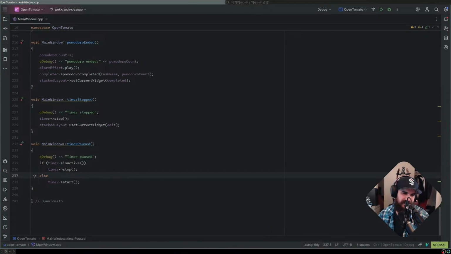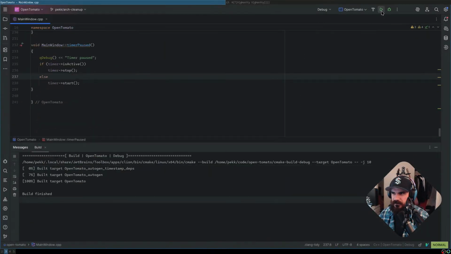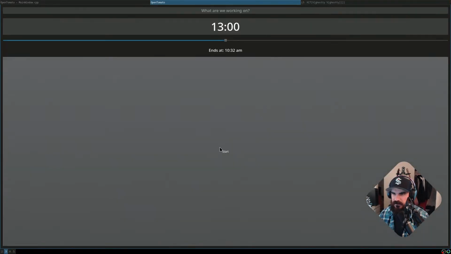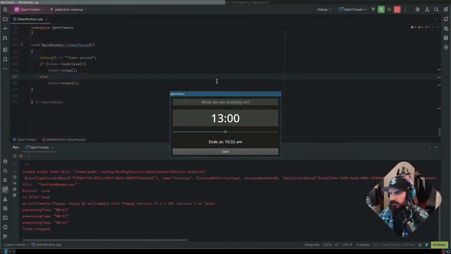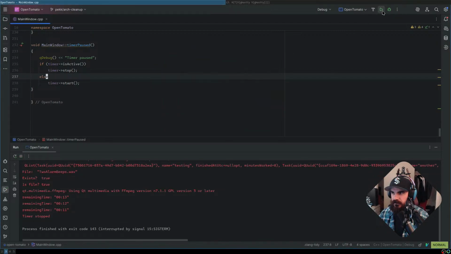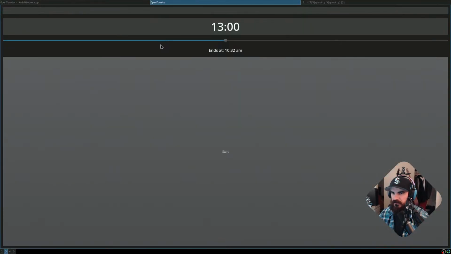Let's see. Open tomato. Perfect. Yeah, now this is reading from my other file, so we can make controller. Dude, I love the keyboard navigation I've set up for this app. It's just like absolutely incredible. So let's just run. Oopsie daisy. What did this button do? Ooh, what does this button do? I think that was a debug button. Okay. I wish I could just set this to float very easily, but I think every time I open it, it's going to go back to here.